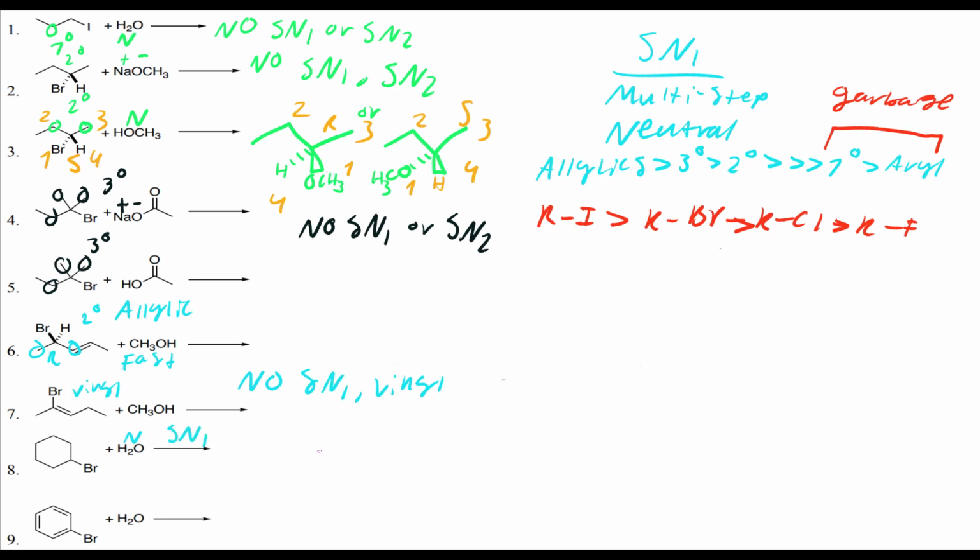And the way SN1 happens: is this chiral? Say no, it's not chiral. It's going to be achiral because you don't have a unique stereocenter. And so since it's achiral, you're not going to have any inversions. And so this bromine pops off first, right? And that's going to be step 1. In step 1, you form the carbocation, so it's going to be a slow step. Step 2